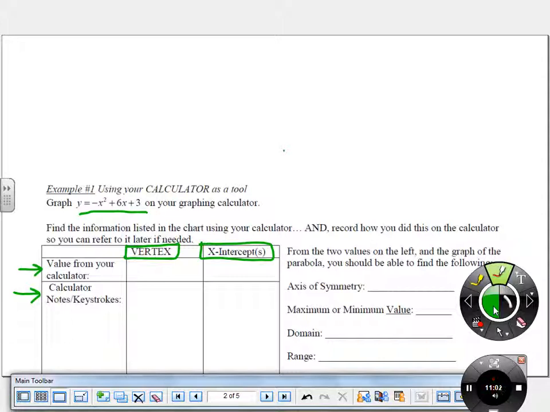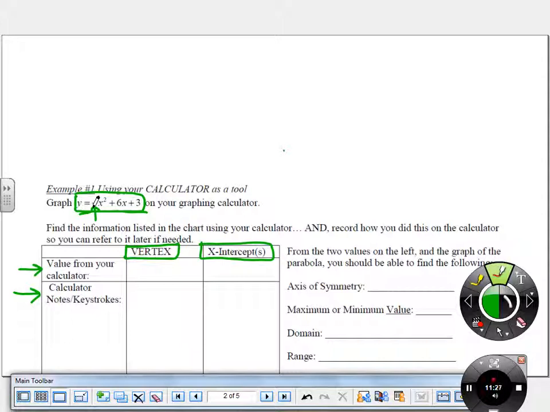And you need to check the words at the top of the y= window, the plot 1, plot 2, plot 3, and also make sure that they are not bold. Okay? And so then we're going to type this into our calculator, taking care that we put a negative and not a minus sign in front of the x squared. So negative x squared